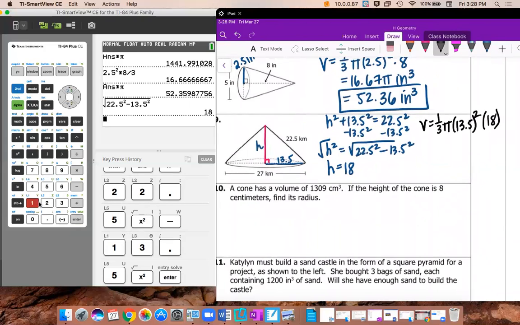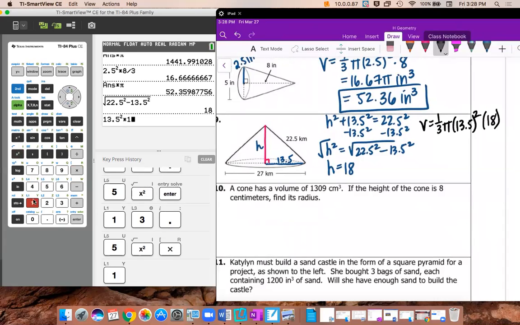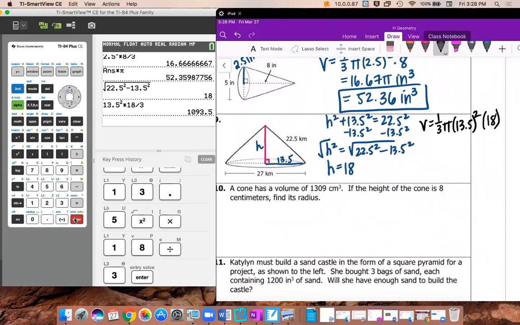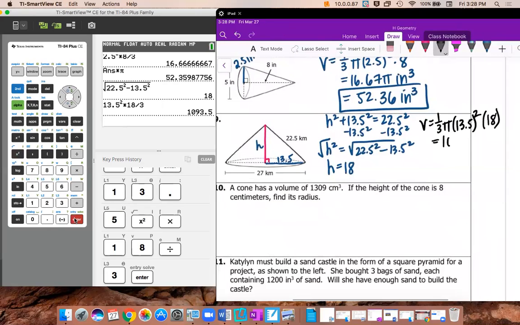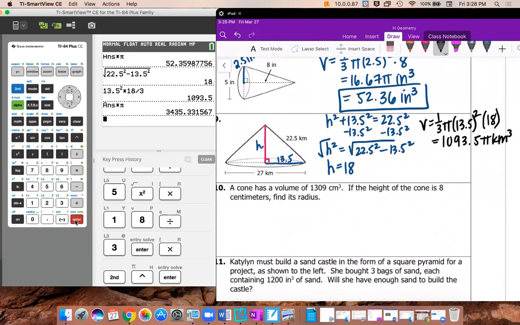Okay, so let's plug that in. 13.5 squared times 18 divided by 3. So if we're going to write this exact, it would be 1093.5 pi kilometers cubed. And then if we want to multiply the pi in there, you take that answer times pi, and then that gives us that it is going to be about